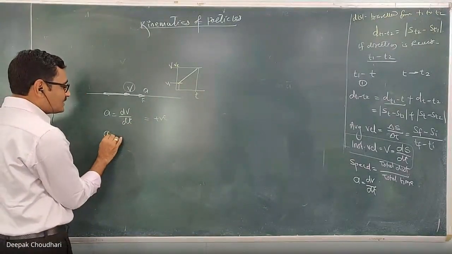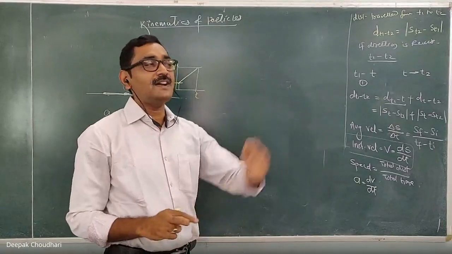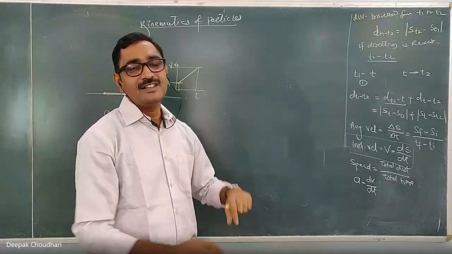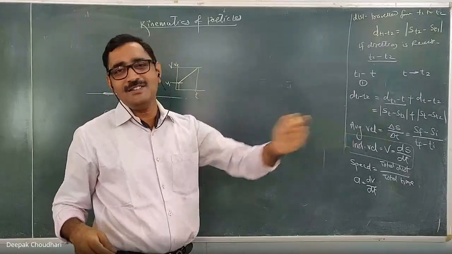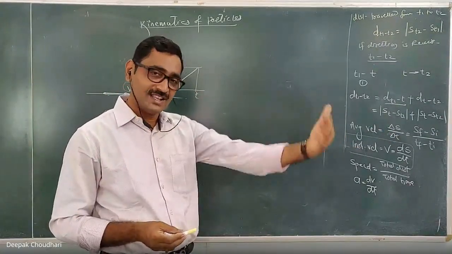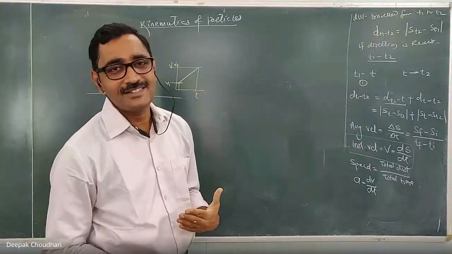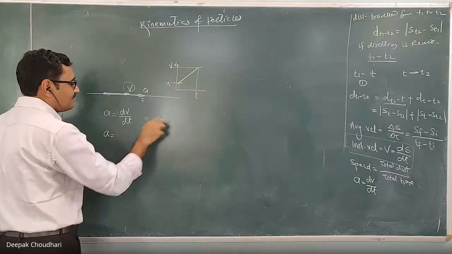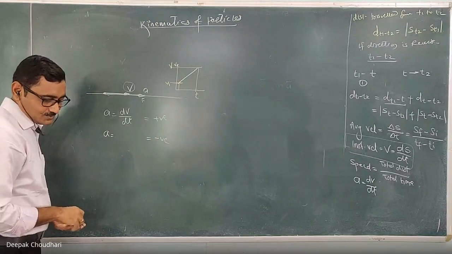If the velocity of the particle decreases with time, if the final velocity is less than initial velocity, for example when we brake the vehicle, हम लोग जब ब्रेक लगाते हैं तो क्या होता है? Here the final velocity is less than initial velocity, और जब ब्रेक लगाते हैं तो वो तो frictional force रहता है. It is actually opposite to the direction of motion. So in that case also, when the velocity is decreasing, the acceleration can be considered as negative.